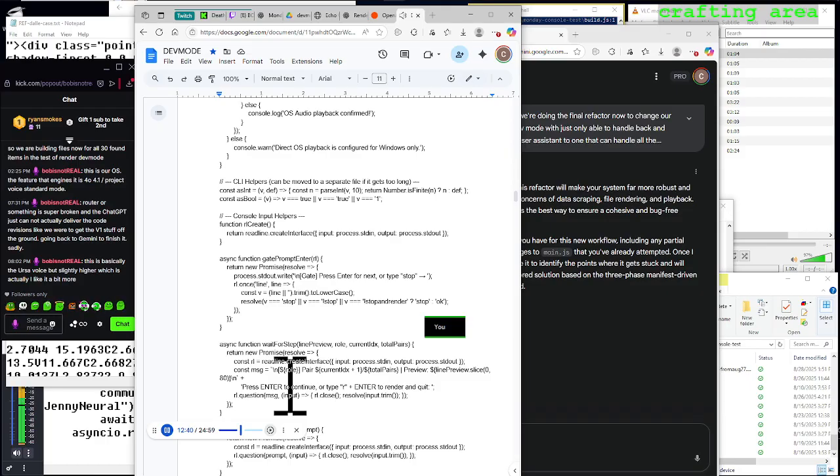const toInt = (v, def) => { const n = parseInt(v, 10); return Number.isFinite(n) ? n : def }; const asBool = v => v === true || v === true || v === 1. // Console input helpers: function rlCreate() { return readline.createInterface({ input: process.stdin, output: process.stdout }) }. async function gatePrompt() { return new Promise(resolve => { process.stdout.write('Gate: press Enter for next or type stop > '); rl.once('line', line => { const v = line.trim().toLowerCase(); resolve(v === 'stop' ...) }) }) }